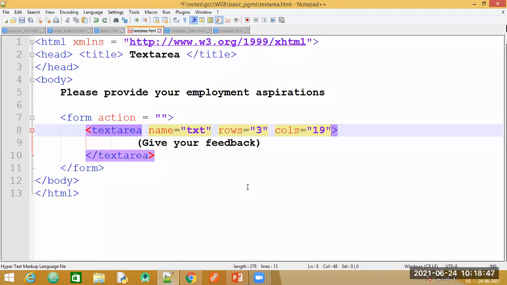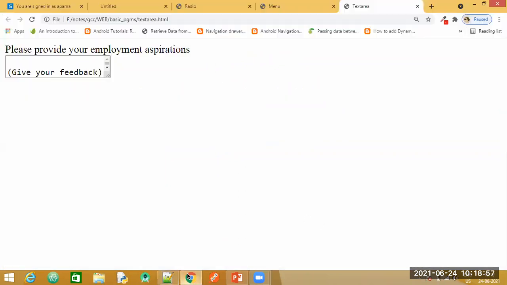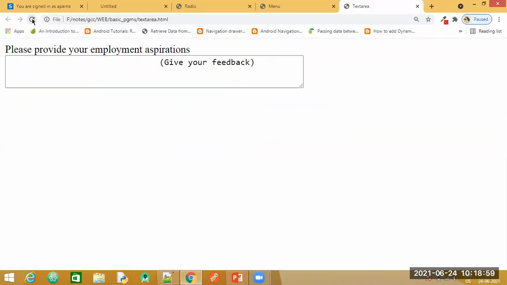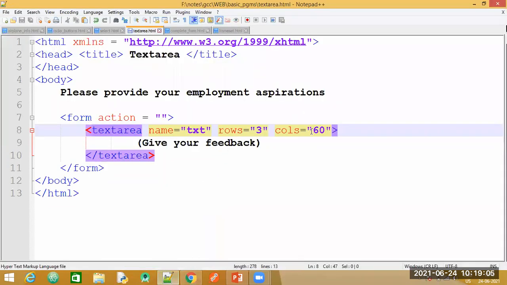If I specify, let me make this as, so this is how it will appear on the browser whenever you specify any rows and columns. Even if you do not specify, a default size will be there, which you can again resize. So this is about text area.